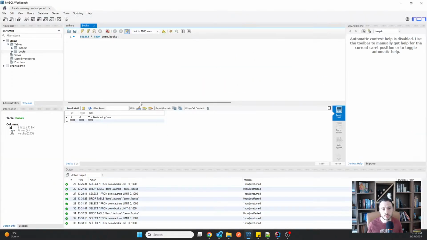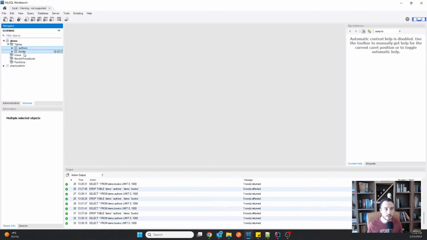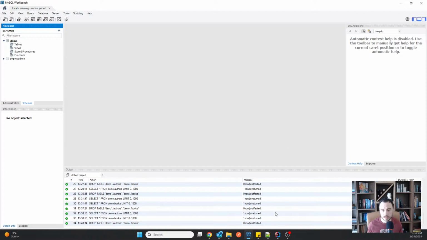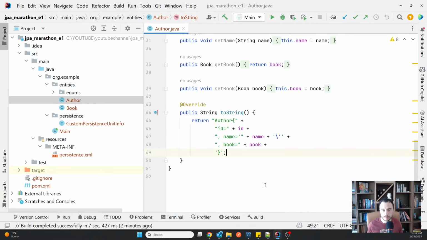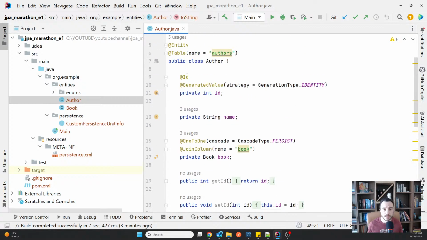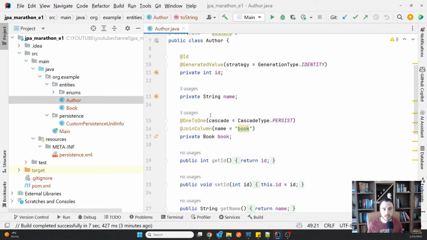So let me actually go and delete the tables again and try to recreate them using a one-directional relationship this way. So let's see what happens when we do that. Back to my application, and I will make, in this case, my author have multiple books.